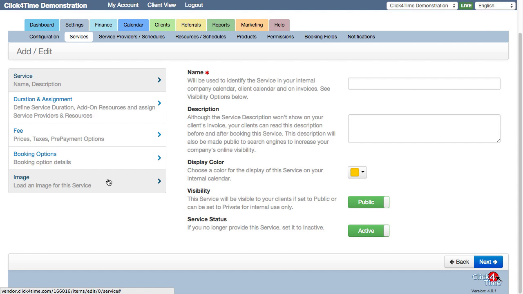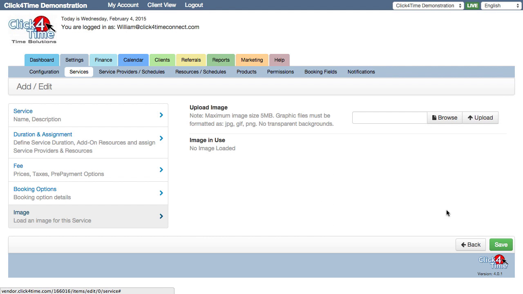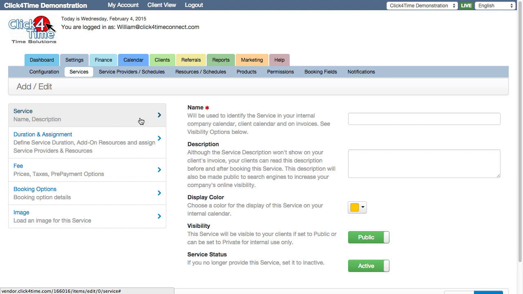If you feel you need to save partway through the setup, you may go to the Image tab and select Save. We've included explanations for most fields and settings, with examples that might apply to your business needs. It's always a good idea to read through these instructions, as they will outline most considerations for that setting.